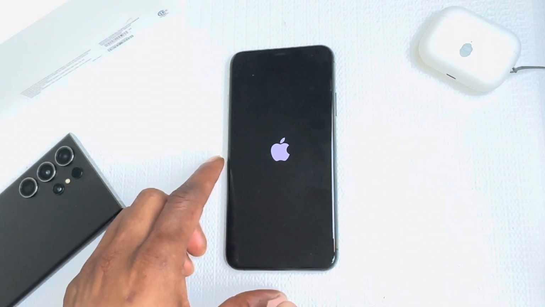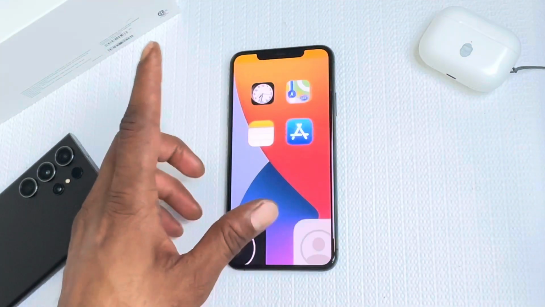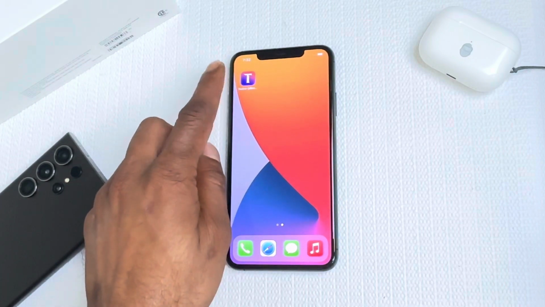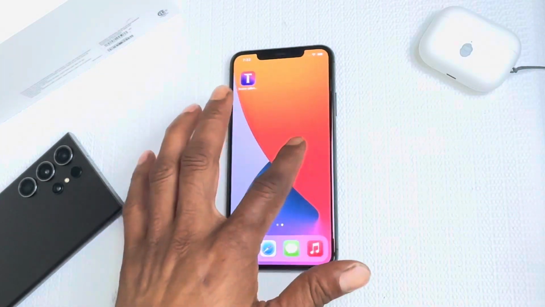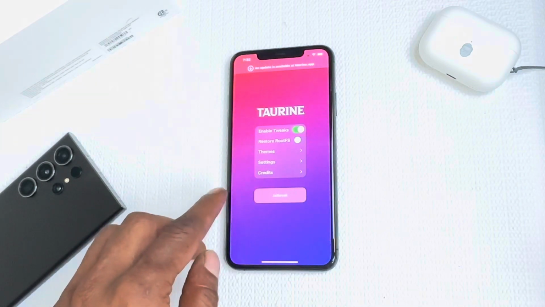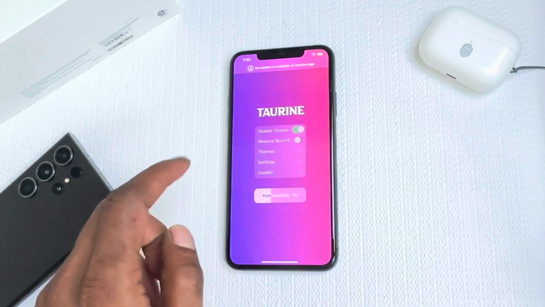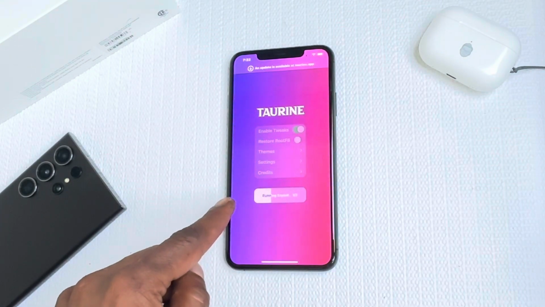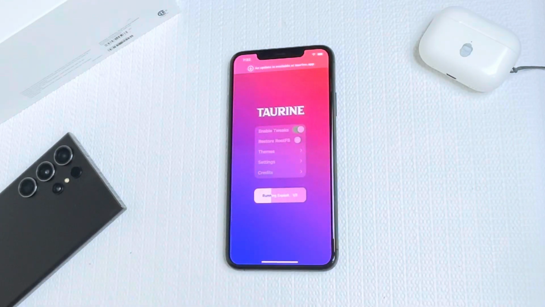And once you go back to the lock screen, as we can see right here, you want to swipe up, and then open Taurine again. As of right now, there's nothing up here except Taurine, so you want to open up the Taurine app again. And then what do you want to do? You want to hit the jailbreak button again. As we can see right there, running exploit 1 out of 3. So this time you won't get that message. This time it will go into reboot, but